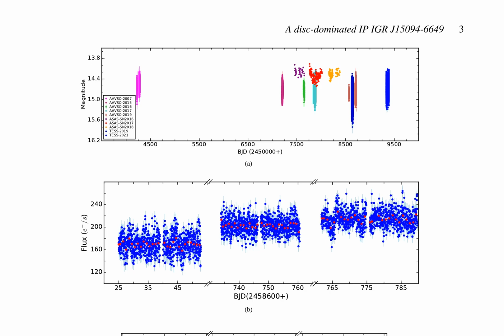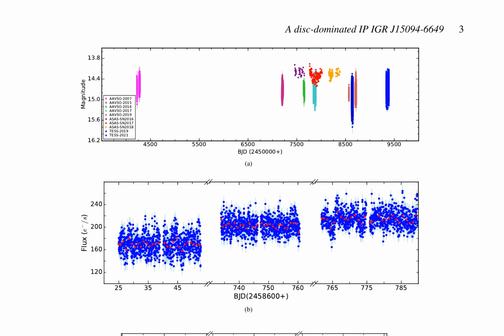The long-term light curve of IGR J15094-6649, a disk-dominated intermediate polar in an X-ray binary system, is the focus of this research. Multi-source data, including AAVSO, ASAS-SN, and TESS observations, were analyzed to investigate the system's variability. The light curve in Figure 1a reveals significant fluctuations over time, potentially indicative of changes in the accretion rate or